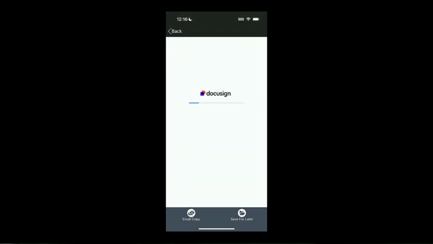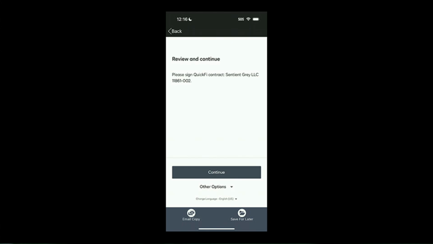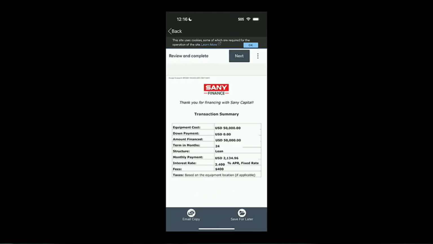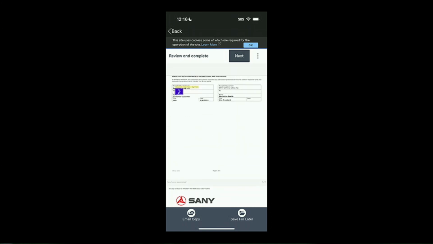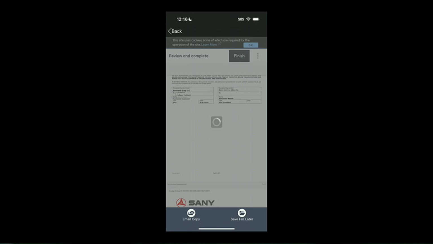Waiting for a finance proposal, waiting for a credit decision, and waiting for the contracts to be sent. The customer can complete the entire finance process from application to closing at any time of the day or night without interruption. The contract terms are conveniently summarized for the customer, including the equipment invoice. With a single digital signature, the customer completes the transaction.